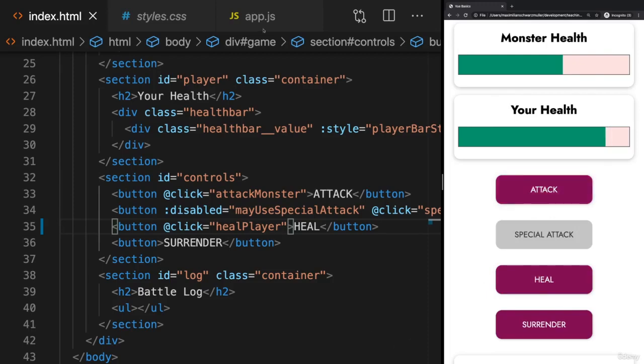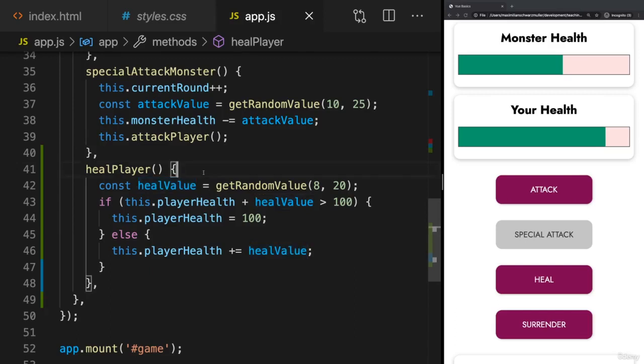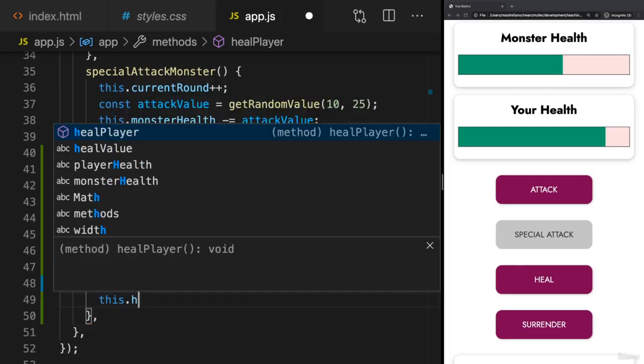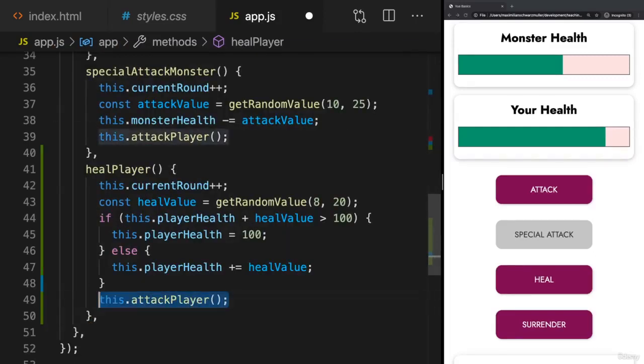But we're not fully done. For one, healing ourselves should also count as a round in the game. So of course, here, I also want to increment the current round. In addition, the monster should attack us thereafter, because just because we heal ourselves does not mean that the monster does nothing. So once we're done healing ourselves, the monster will attack the player, and we do that by calling the attackPlayer function. And now with that, if I reload, you see if I heal myself initially, my health